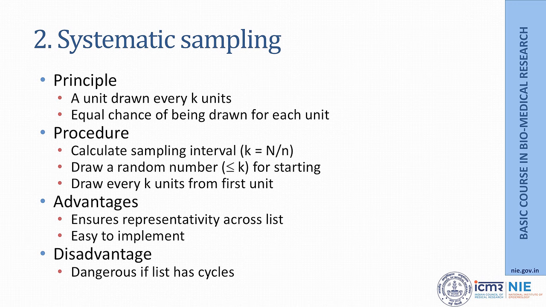What are the advantages? It ensures representativity across the list. It's easy to implement. You tell a worker, start from this house, and every 10th house you go and see, and cover all the houses. It's very easily done. If there is some sort of cycle in the specific characteristics that you are studying, then you might get a sample which is very atypical in systematic sampling. Also, some of the statistical measures that you are going to compute are difficult, because with systematic sampling you do not have exact formulas,